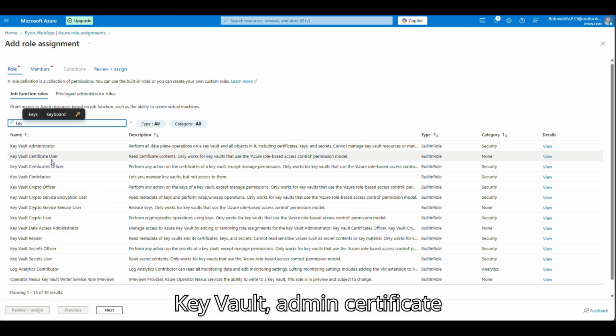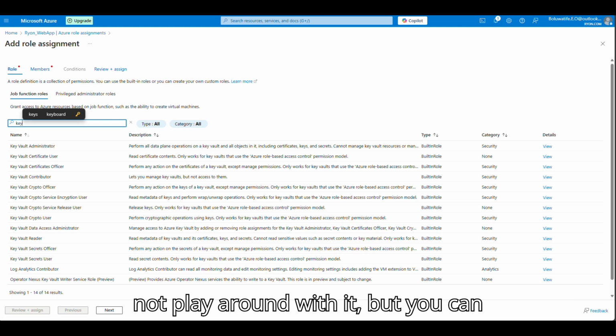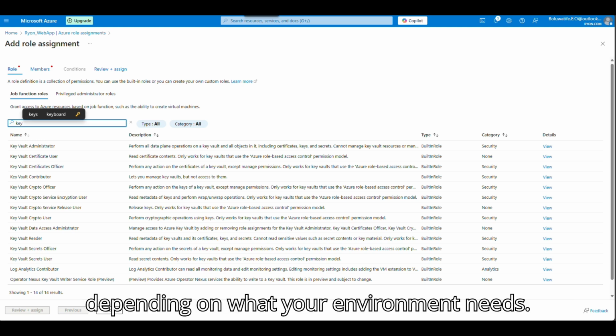Key Vault Administrator, Key Vault Certificate User, Key Vault Contributor. So you just play around with it. I mean, not play around with it, but you can, depending on what your environment